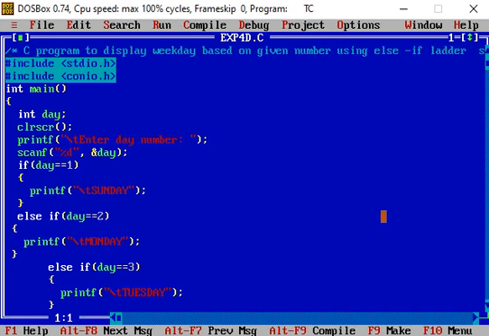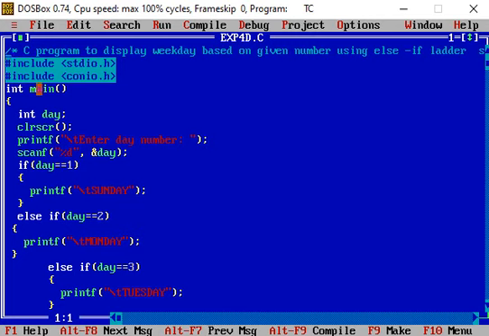If number is greater than 7, then some message is displayed, that is, it is a wrong number. So for that, an if else ladder program is written. So let us try to understand this program.